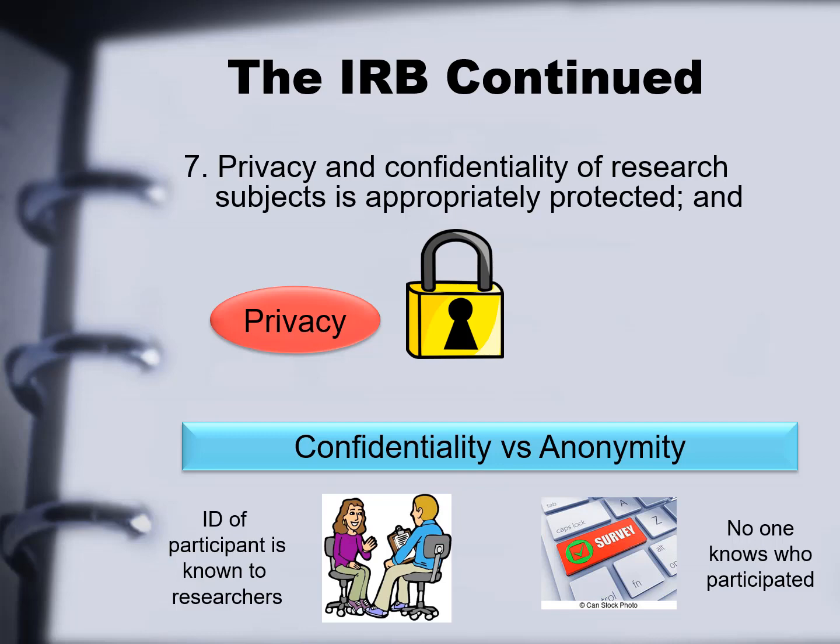So anonymous surveys taken on computers are called anonymous because no identifying information is collected. No names, no birth dates, certainly no social security numbers. And in fact, IP addresses have to be stripped if they are collected by the survey technology. So that's the difference between confidentiality and anonymity. Confidentiality, someone knows who the participant is and can link it to their identifiable information. Anonymity, no one knows who participated in the study, and there's no way to link that person to the data.